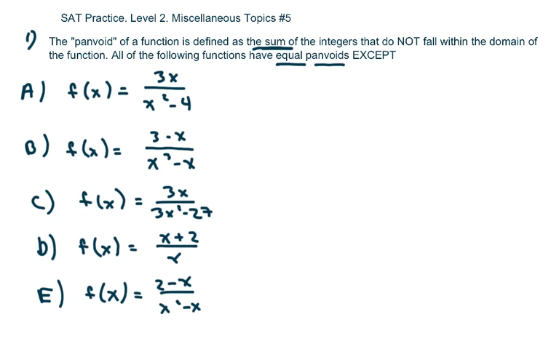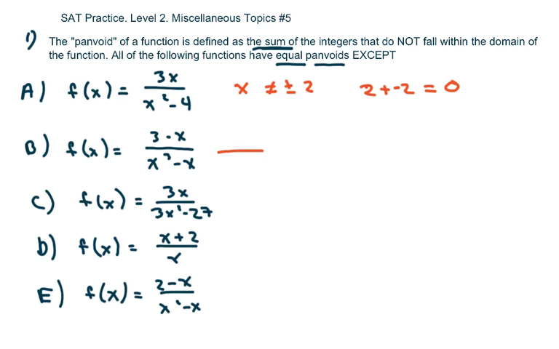So if we look at A, we know that x cannot be plus or minus 2. These are the forbidden values. Therefore, the pan void of the function is 2 plus your negative 2, which equals 0. Okay? Now, for the second one,